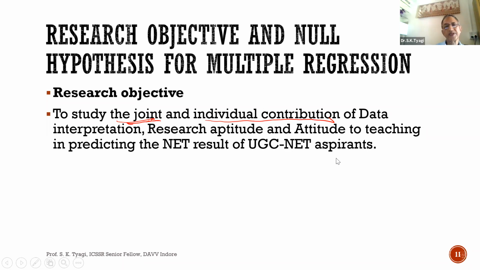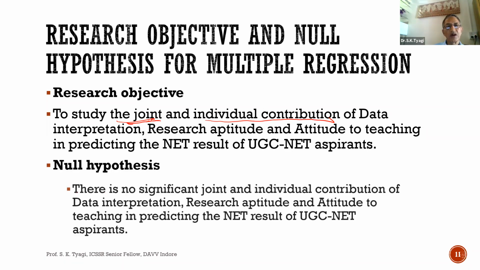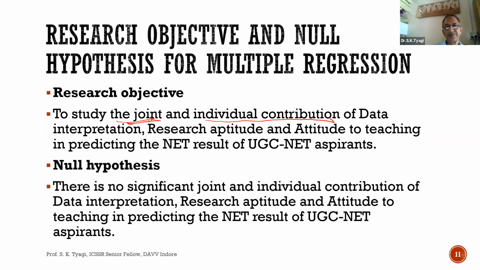This is the research objective. Null hypothesis: there is no significant joint and individual contribution of data interpretation. Now in null hypothesis, we essentially test the hypothesis that